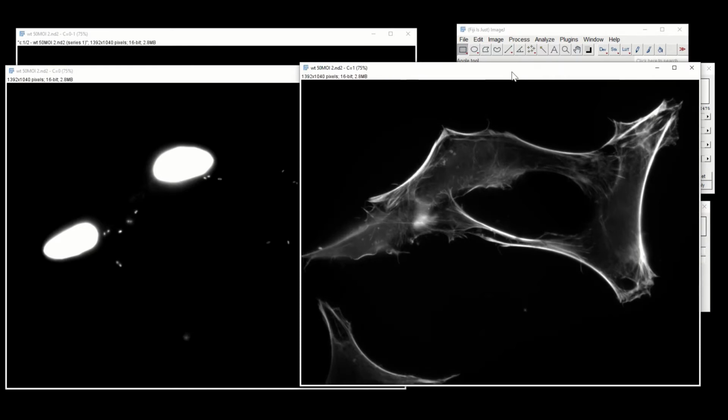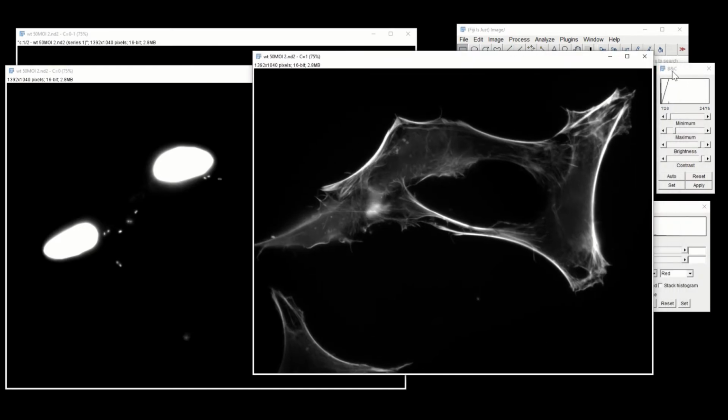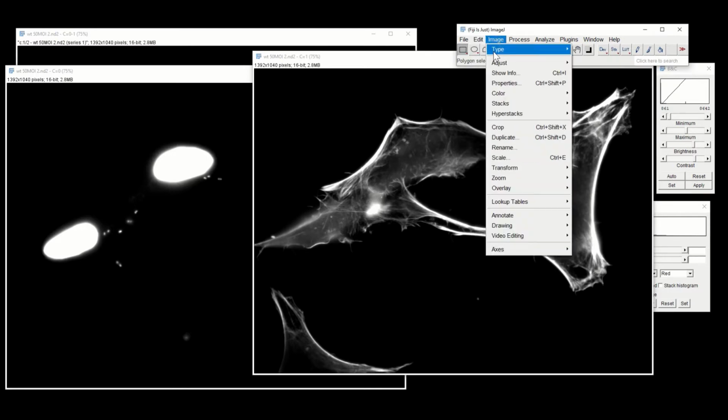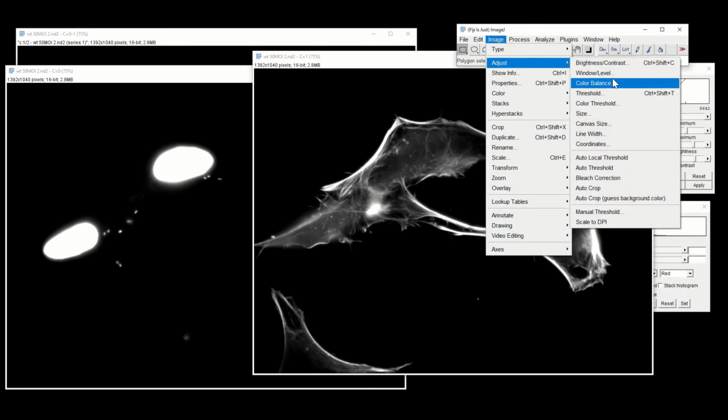Now before I use that, I want to go to my actin and see what's happening here. Again, the image looks pretty decent, but I'm actually going to adjust this slider just a little bit so it looks a little more like this. And then I'm going to show you what it looks like when I merge them. Again, I'm going to put them into green and red channels because I believe it's a little easier to see the difference,